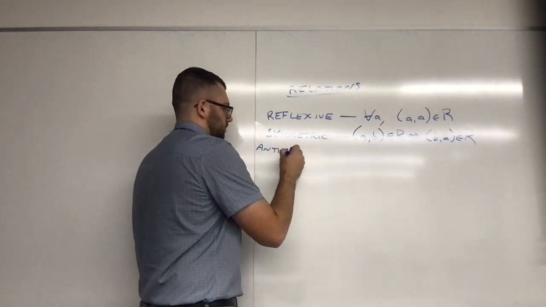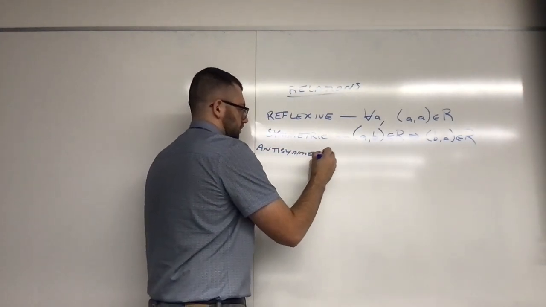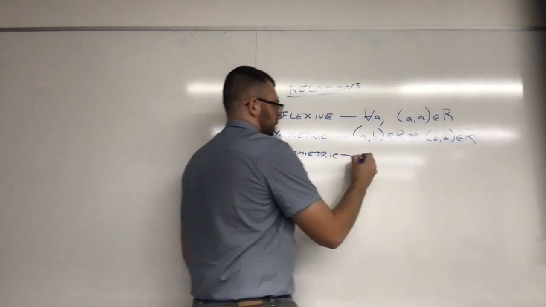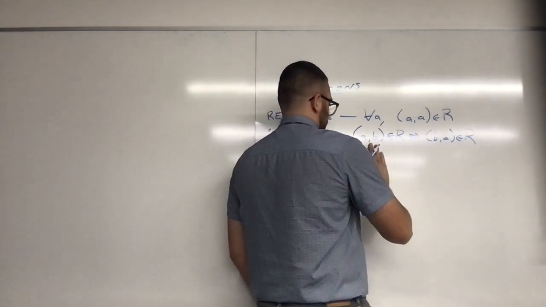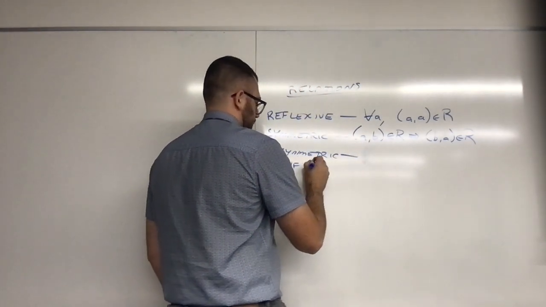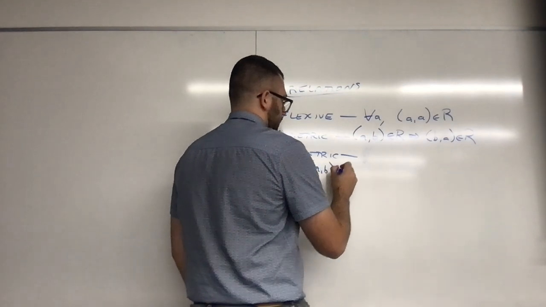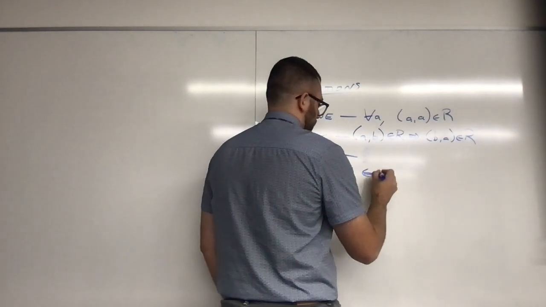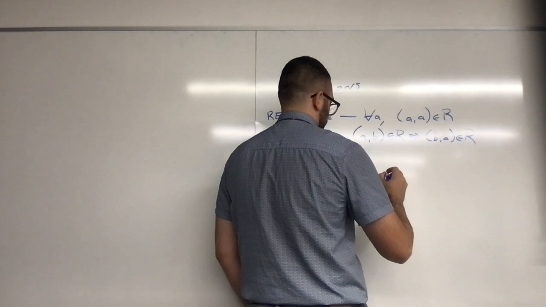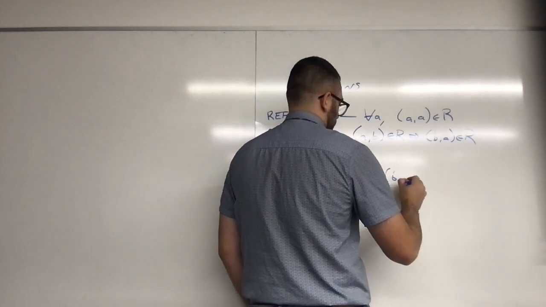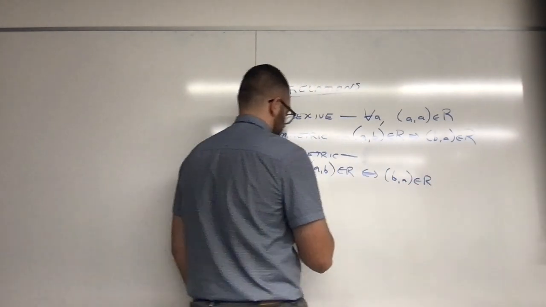Antisymmetric means that if (A, B) is in R and (B, A) is in R,